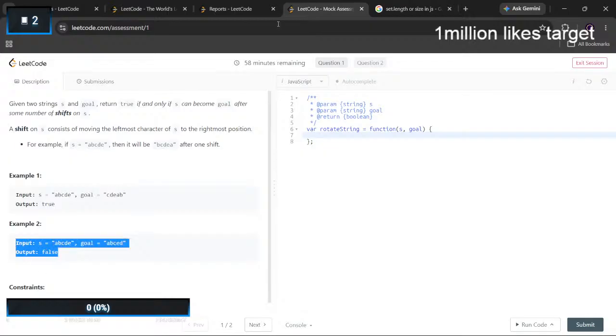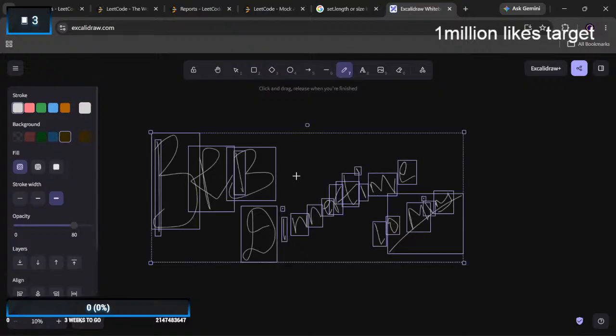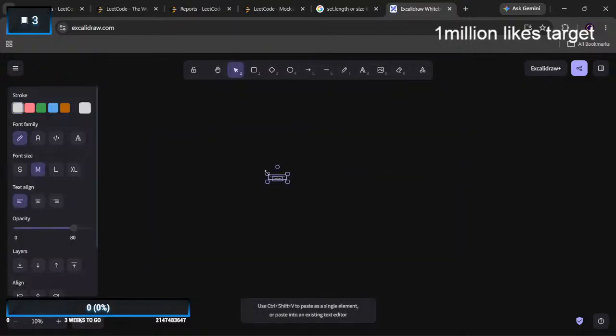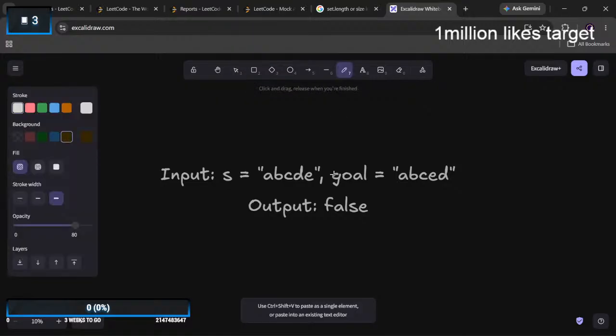Let me debug this thing. Leftmost character needs to be sent to the rightmost.